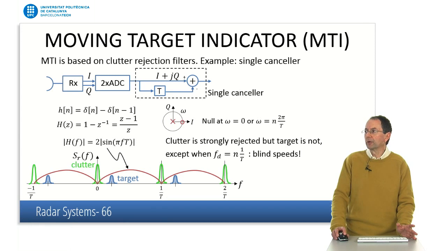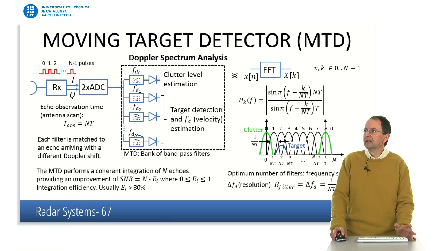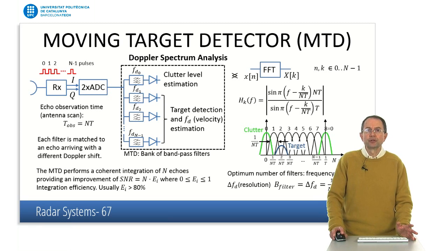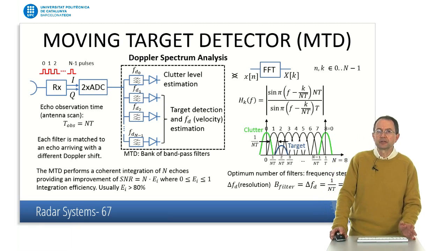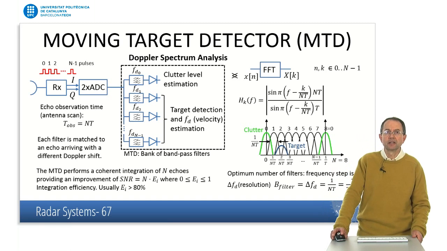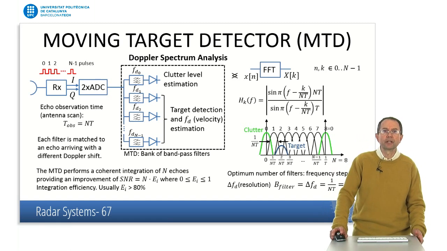These are the so-called blind speeds. So we have to be careful with the design of the radar, the pulse repetition frequency, and so on, in order to avoid blind speeds. Another approach, which is more sophisticated than the filter cancelling response that we have seen before, is the moving target